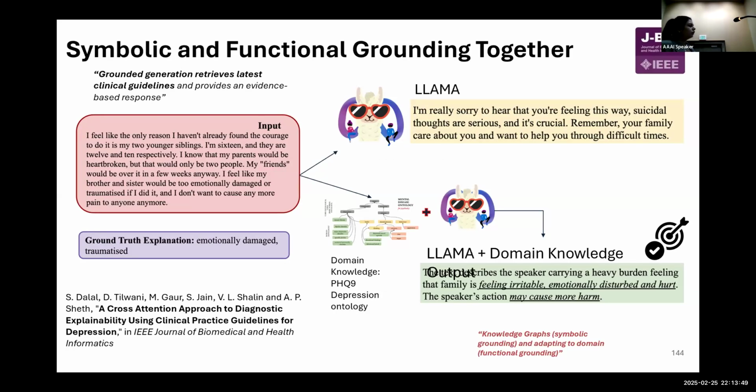So this is the output of the previous slide, which I explained, and we are now doing this symbolic and functional grounding together because we want to see, given an input where a user wants to identify what a given answer by the LLM is about, so identifying whether it is depression or not depression. Earlier we saw that if we use just Llama, it was producing a very generic answer. But if we combine